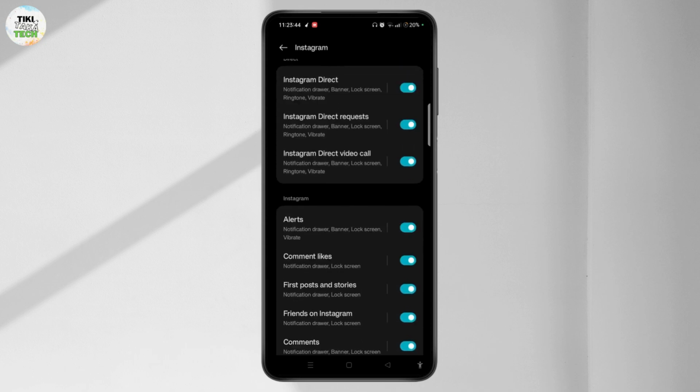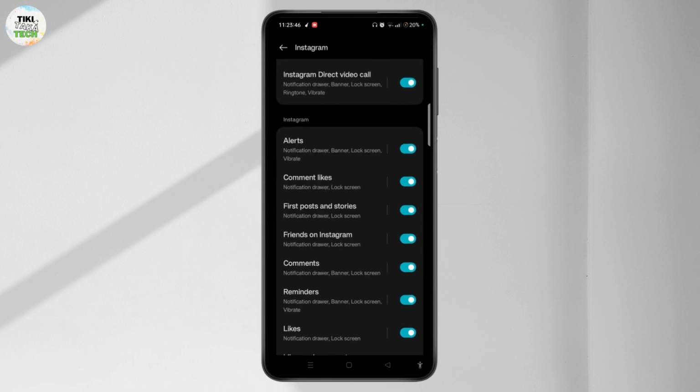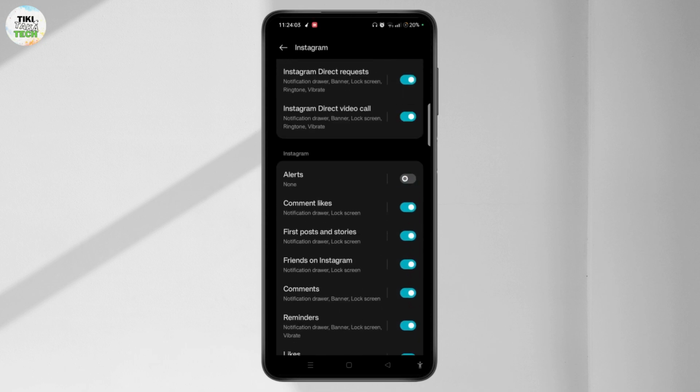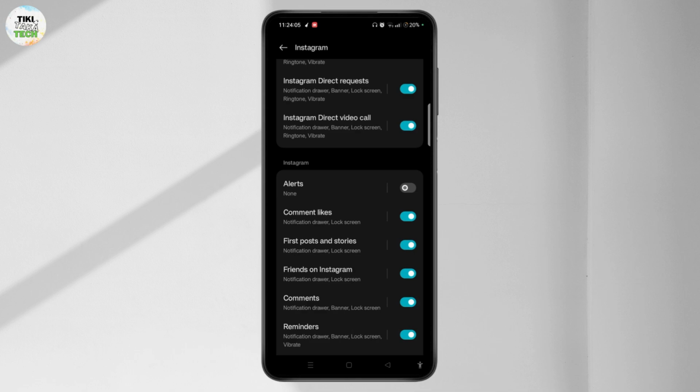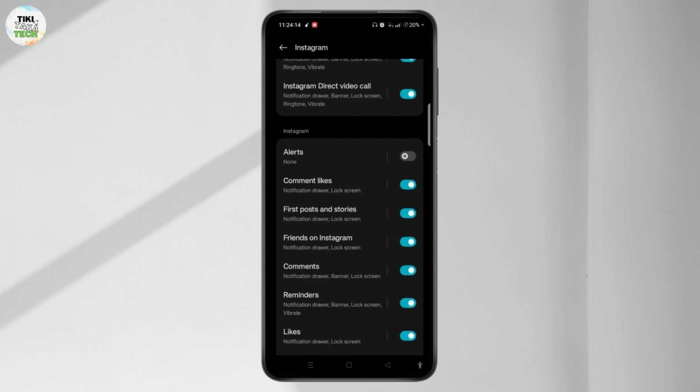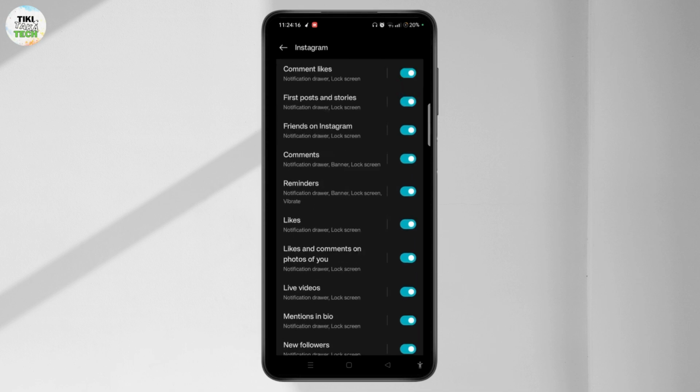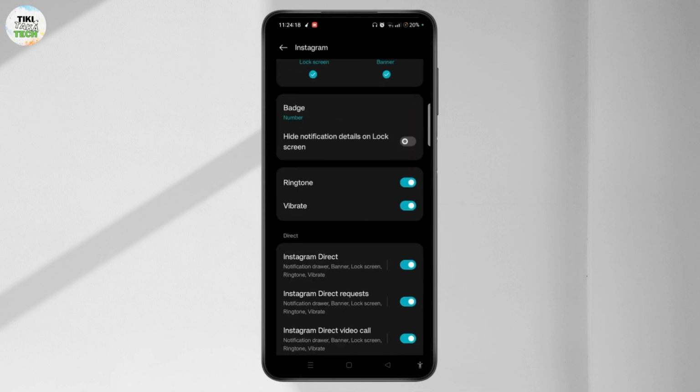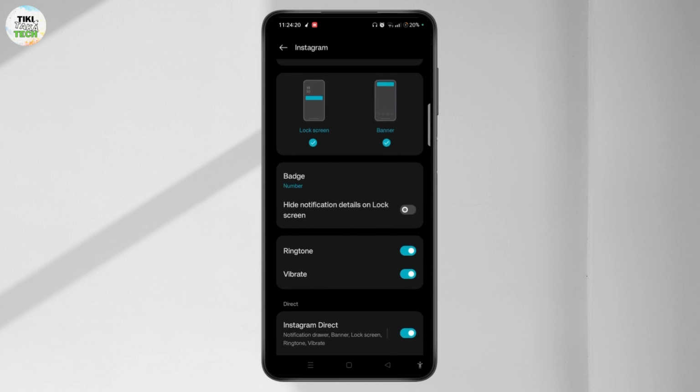You may even see the option of alerts. Simply toggle off the button for this and then you won't be able to see pop-up notifications. You may, if you'd like to, turn off the comment, like, first post and stories. You can simply toggle off the button for all of these options and then turn off pop-up notifications on Instagram